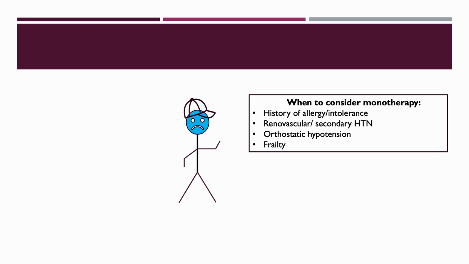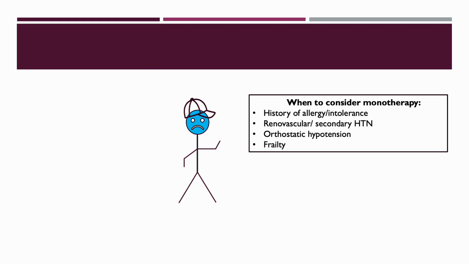So when should we consider monotherapy in patients with stage 2 hypertension? There are some indications where we start with monotherapy. For example, if the patient has a history of allergy or intolerance, we may have to start with a single agent and then add other agents sequentially to find out exactly what is the source of the allergy. In patients with secondary hypertension or renovascular hypertension also,